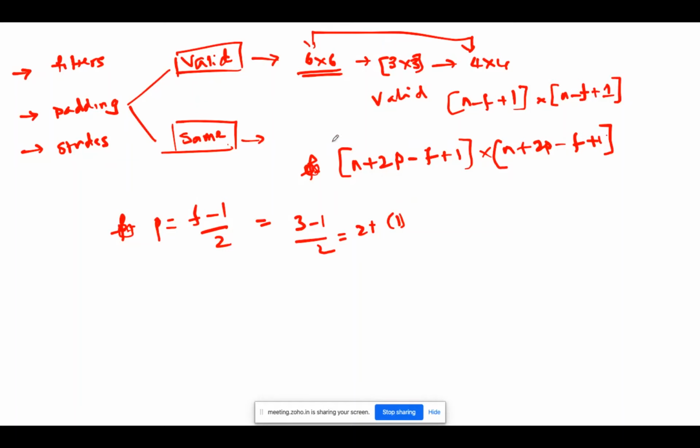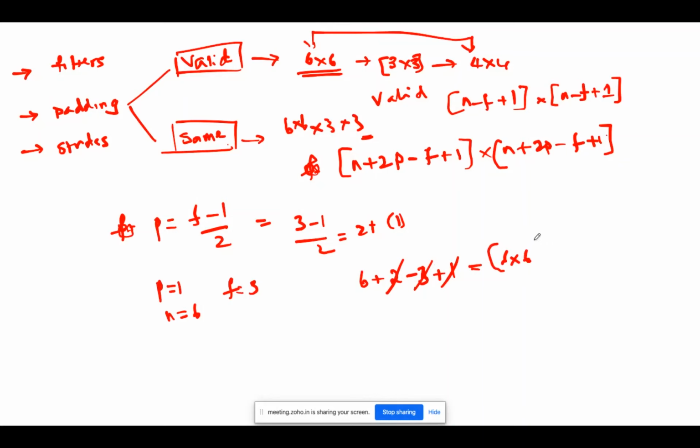So what will happen now? 6 by 6 is convolved with 3 by 3, with p equal to 1, n equal to 6, f equal to 3. 6 plus 2 minus 3 plus 1. This gets cancelled, so I retain 6 by 6. This is the importance of padding equal to same or padding equal to valid.